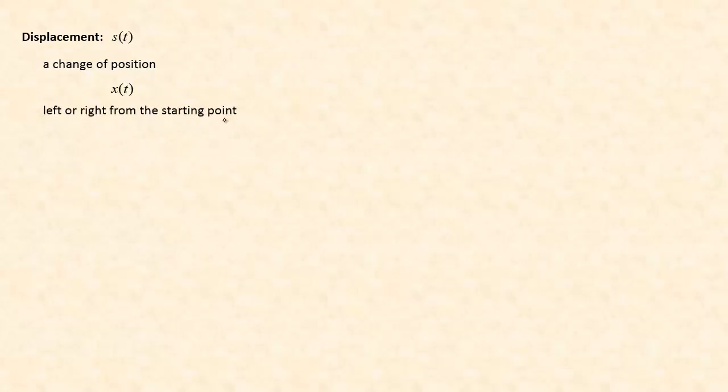Displacement is left or right from the starting point. Now this is important. Displacement is related to distance, but direction matters. So if we have a starting point here, O, actually that's not always the starting point. The object may start not at O, but there's certainly a fixed point on the line from which distances are measured. If the object was, say, here, then we would say its displacement